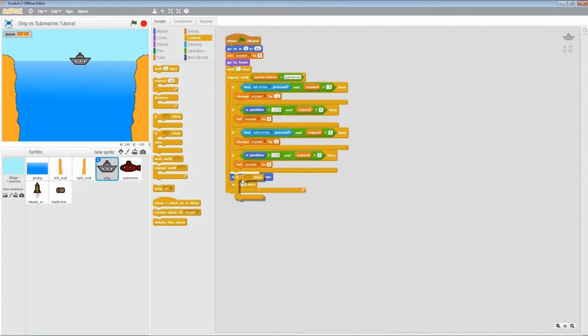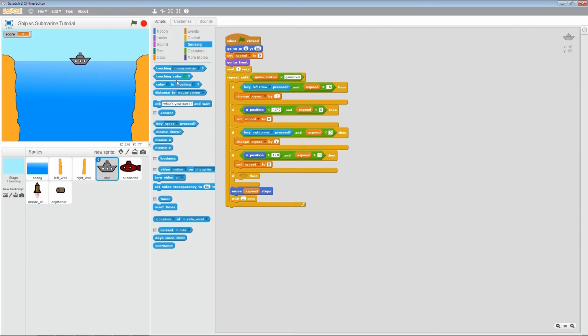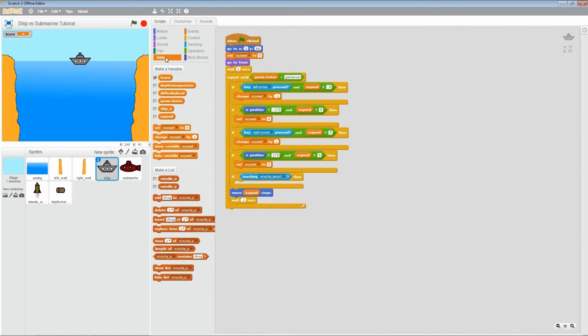So let's put it out this block here. So if I am touching a missile, I will want to set the speed to 0, because I should stop the ship from moving, and I will need to play the game over sound,